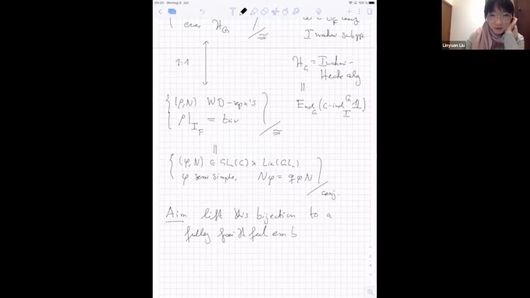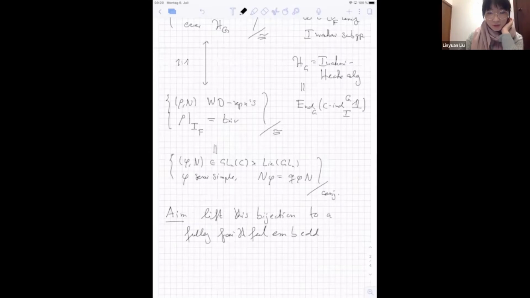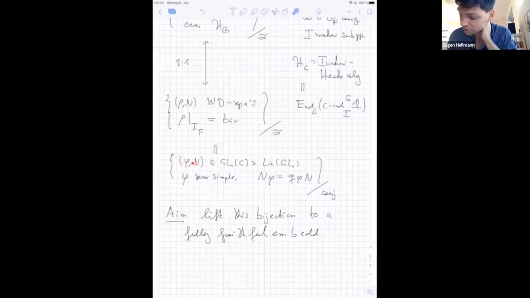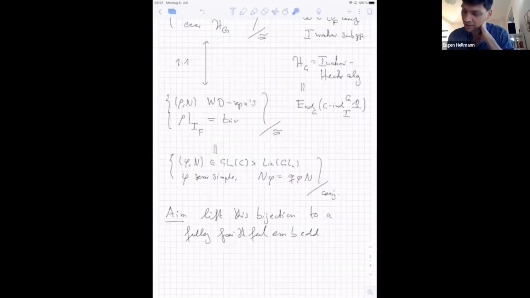Excuse me? Yes. You also need n to be nilpotent, right? So does n need to be nilpotent? Here n needs to be nilpotent, yes, but in fact this equation automatically implies that n is nilpotent. Because of this equation, n has to shift the generalized eigenspace for some eigenvalue to the generalized eigenspace with eigenvalue q times the same thing, and there are only finitely many of these eigenspaces, and hence n has to be nilpotent. Thanks.